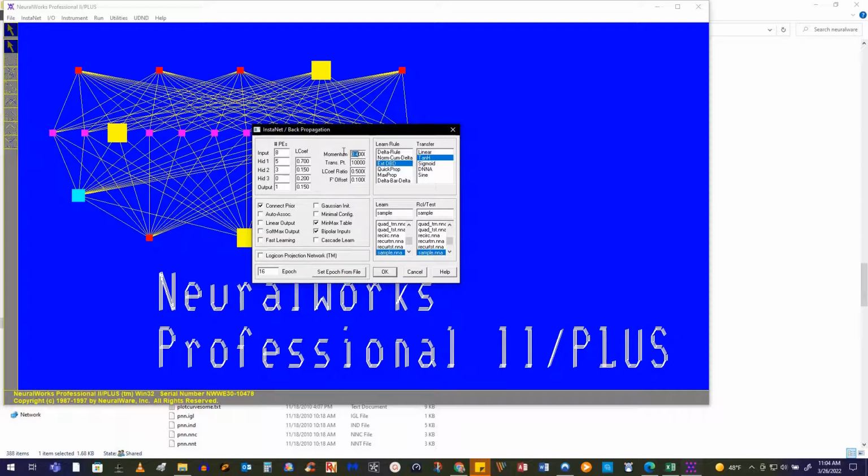That's not truly what's happening here, but that's a pretty good way of explaining it for now. I'm not going to put a momentum term on here. I know I don't really need one on this one. I can even set the overall learning coefficient, which basically is the stretching of each processing element, and I'm going to do that. I'll leave the offset at 0.1. It's fine. I don't need a lot of this jazz here. I could force this into bipolar inputs versus binary inputs, but I'm going to stick with binary for now. It's fine. And then I'll have a min-max table. And I have to set up my input